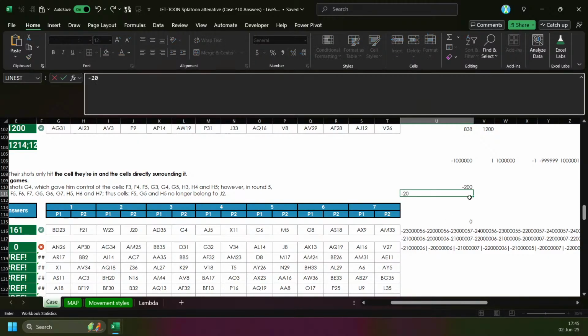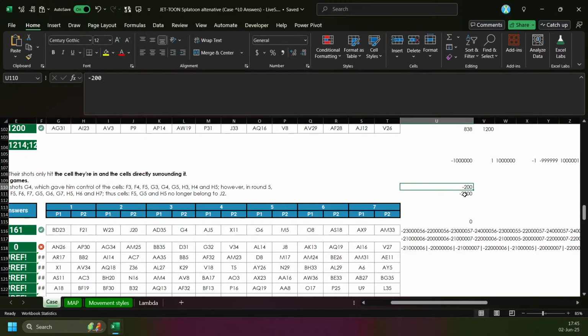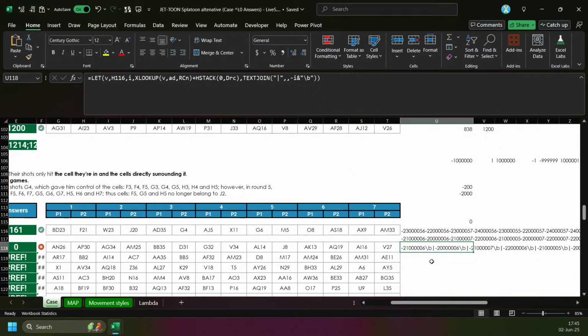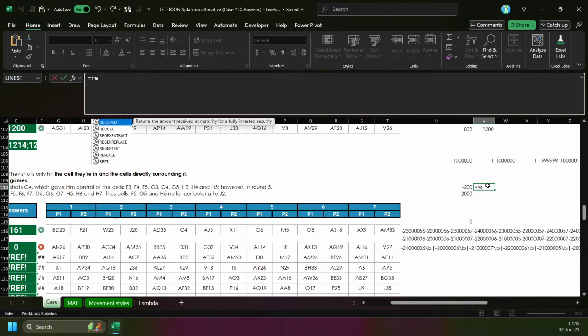So that means 200 will not be removed from 2000. So I have to check if it is the end of the text. That means I need to put this one. Slash B is the end of the word. Now, okay, so if I go regex replace this one, 2000, by this